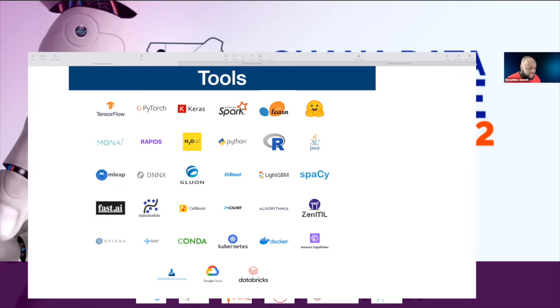You go to company A, they are looking for certain things. You go to company B, they are also looking for certain things. So you need to broaden your learning scope. These are some data science tools like TensorFlow, PyTorch, Keras, Spark, Scikit-learn, Hugging Face for natural language processing. You have H2O, Python, R, Java, ONNX. And if you go down, you have Fast AI,